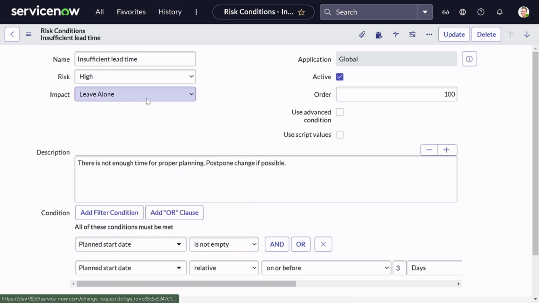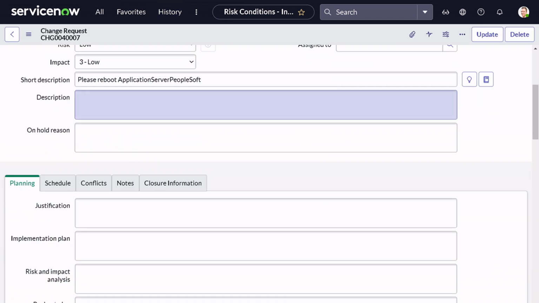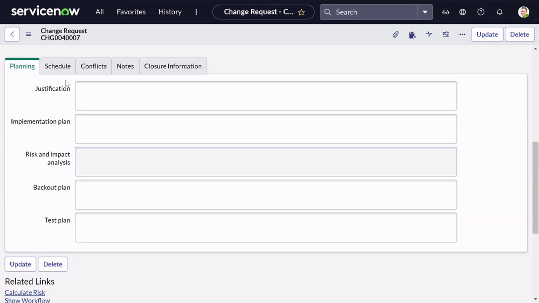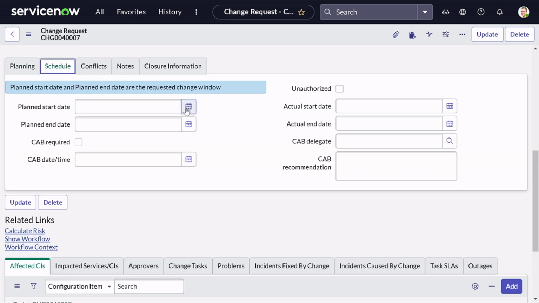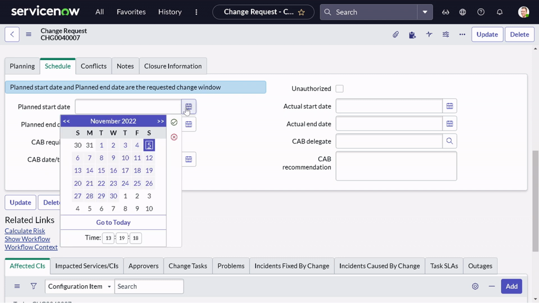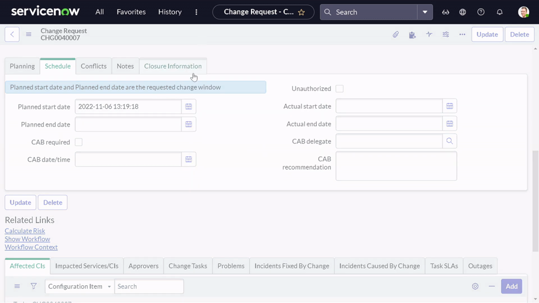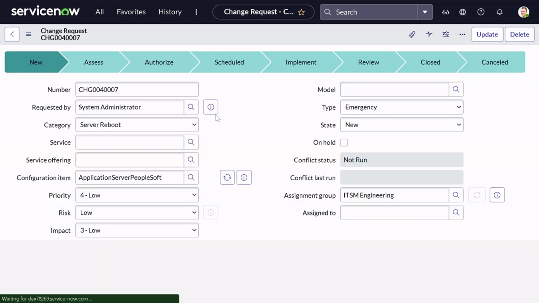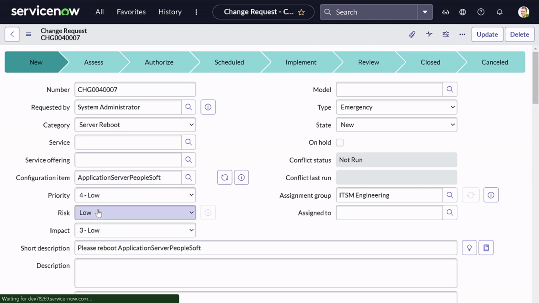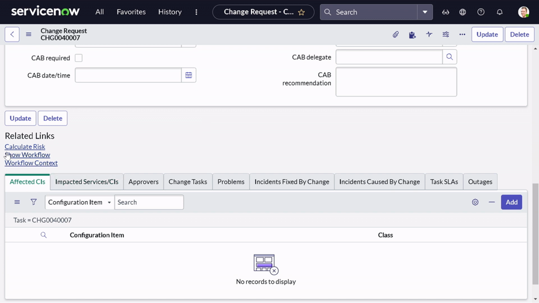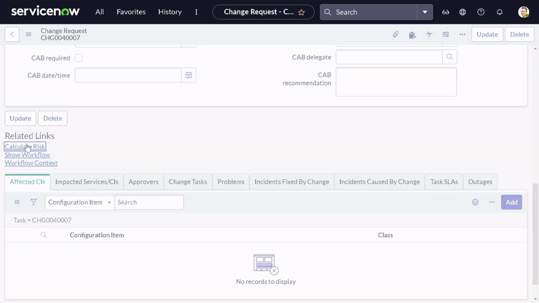So we'll go to the same change request again, and we'll go to schedule. It's empty, that's why it didn't get calculated. We'll give a plan start date of tomorrow only. Now it should match the condition and change something. The risk should be set to high. So if I go down and do the calculate risk now,